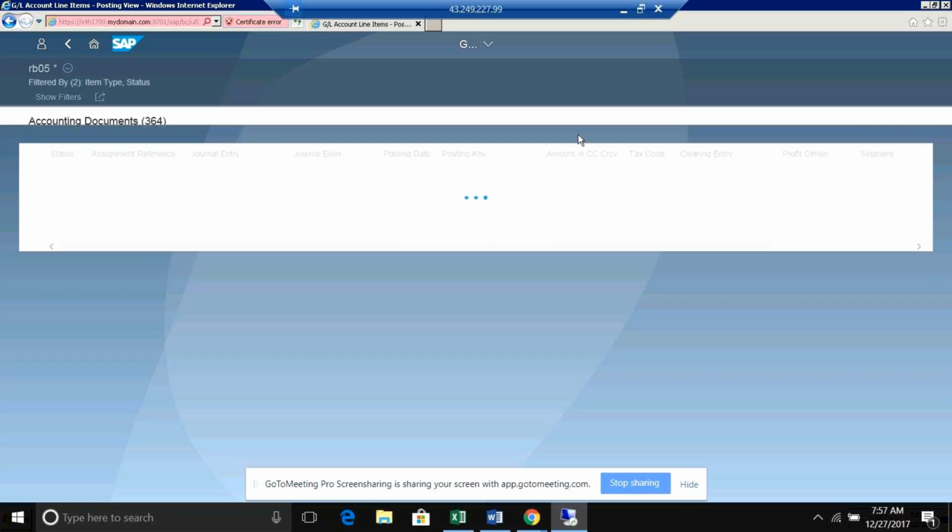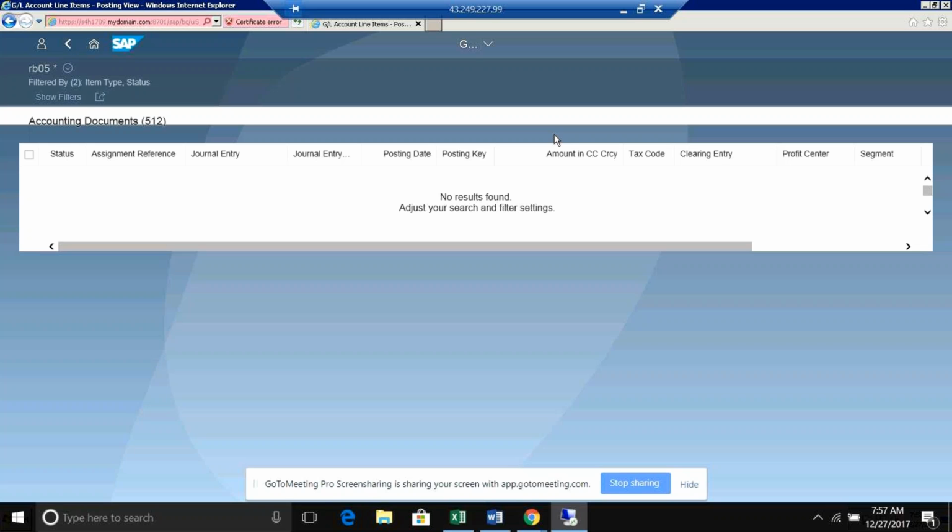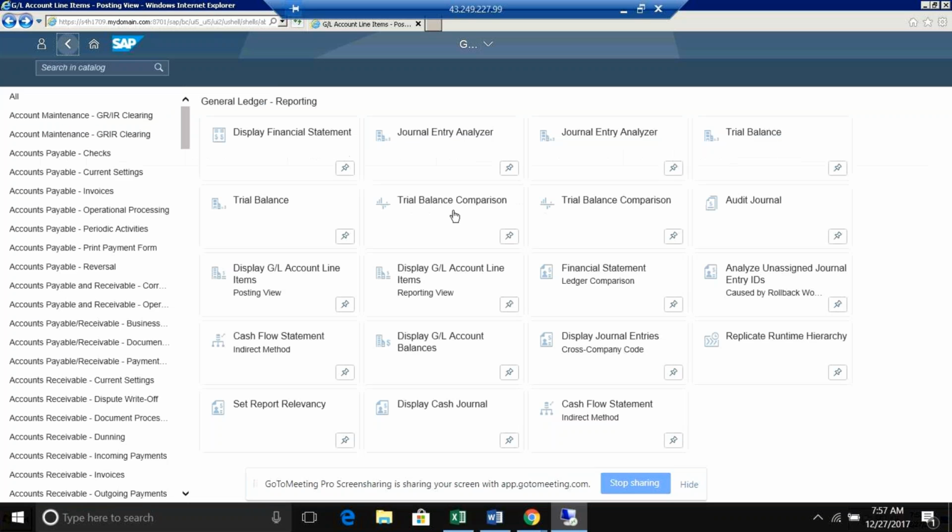There are 2 filters. Okay, got it. So we can, accounting documents 512 it is showing. Why again it is. Let me go inside once again. Items.